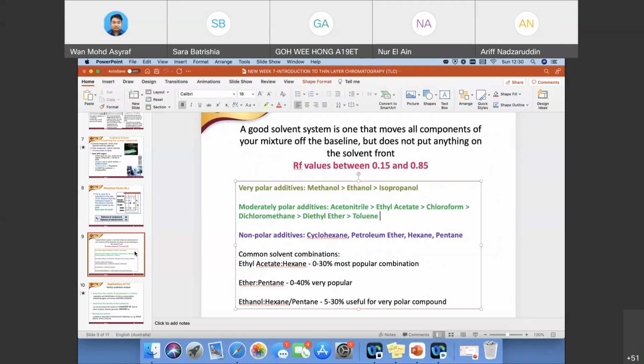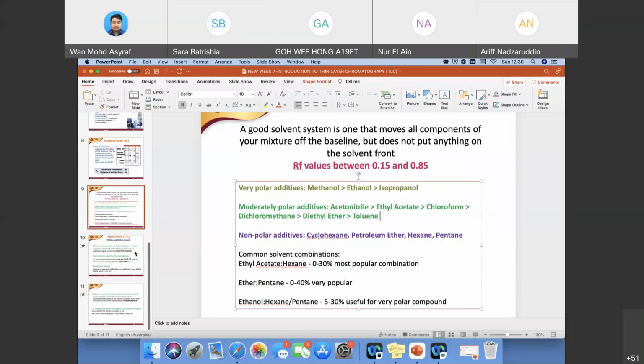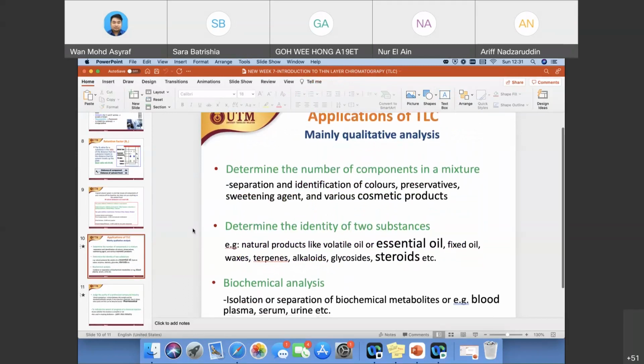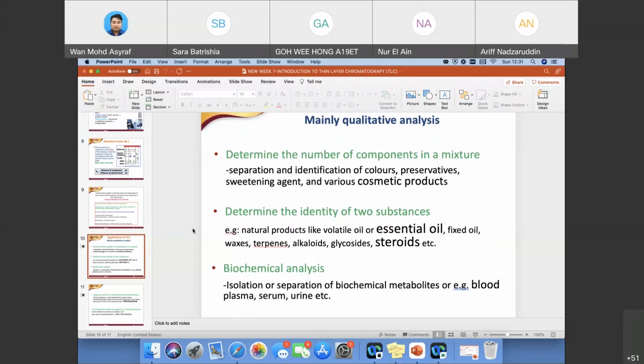So this is something for you to know, because usually the question will give something like this. The solvent is a hexane solvent, so you straight away know that the solvent is a non-polar solvent. The stationary phase is a silica stationary phase, so you straight away know that the stationary phase is polar. So this is for the separation of polar compounds, right? All right. So the application of TLC, thin layer chromatography, as I mentioned before, is